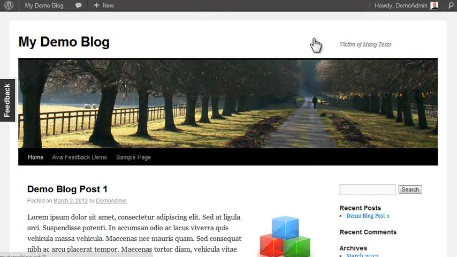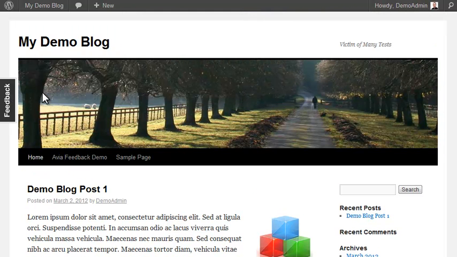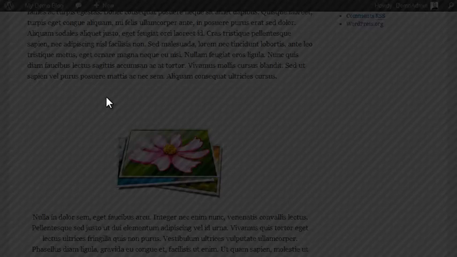So it seems a bit strange to me that you can tweak things like the fade in and fade out times, but not much more basic things, because depending on your theme, having a gray tab on the left side might really not be what you're looking for, might really not suit your theme at all. So I'm surprised that there's no easy option to change the color or move the position of the tab, for example. So that seems a bit strange to me, and also the fact that this thing doesn't scroll down with me,